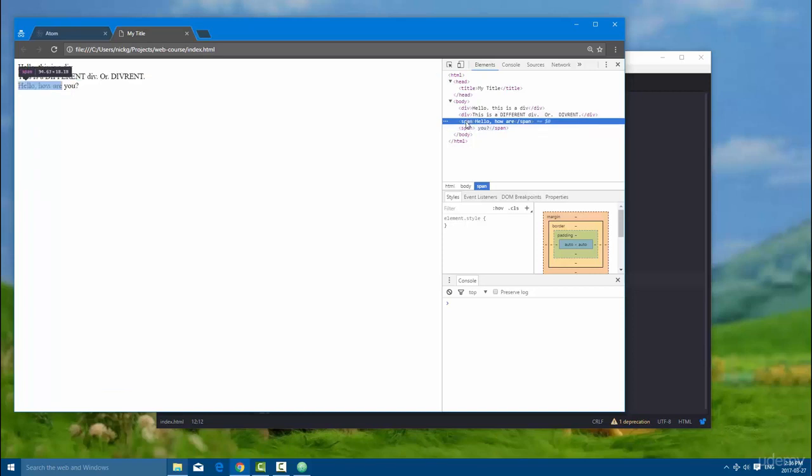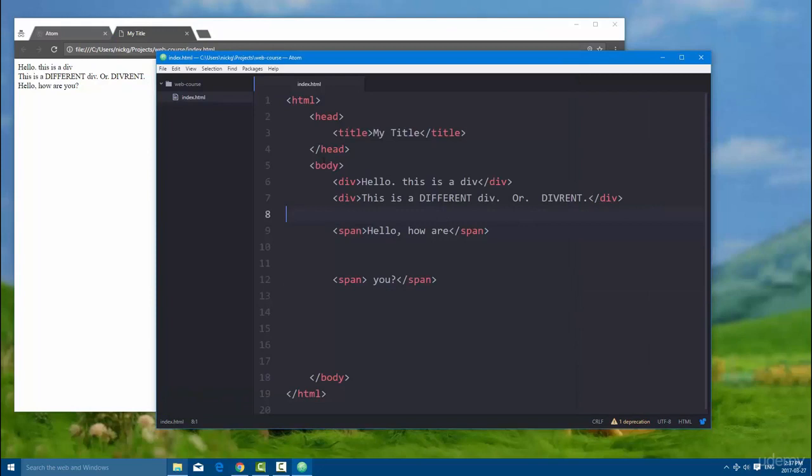And admittedly, these are going to be the two elements that you use most in creating a web page, but we're not going to use them exclusively. There is a name for that. When you open up a website and all you see are div elements, that's called div soup. And that problem has been solved with HTML5 and the introduction of new elements that we can use instead of div elements. And we're going to be discussing a lot of those as well. And I'll point those out as we get to them. So again, just to recap, you build an element by opening and closing it, and then the content that you put within it is part of that element. The entire element is that right